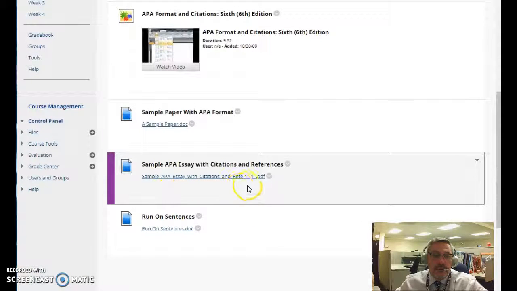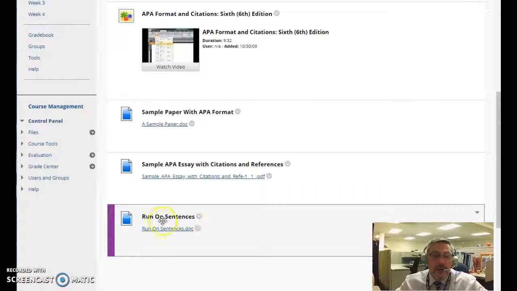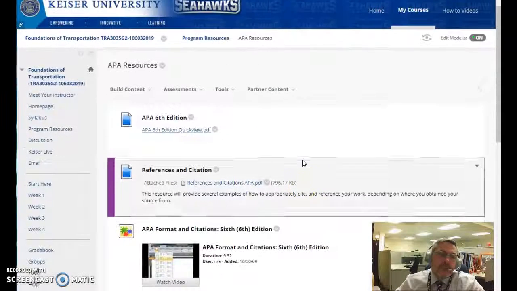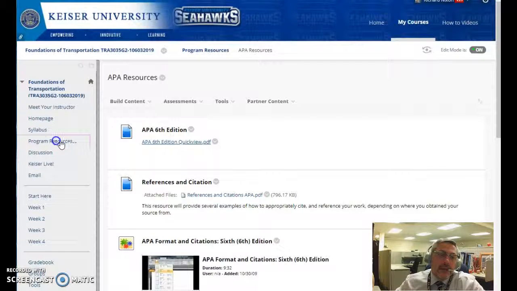And then there are a few samples of APA essays, and then there's a document on how to avoid run-on sentences. So make sure you look at that, and then also in program resources,